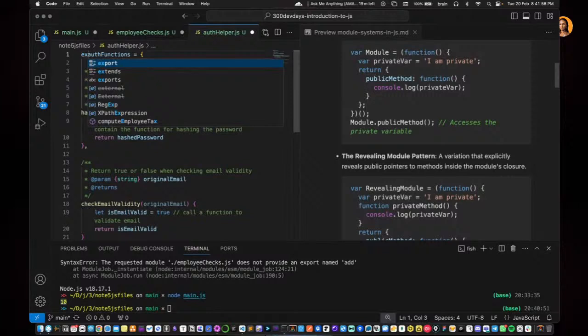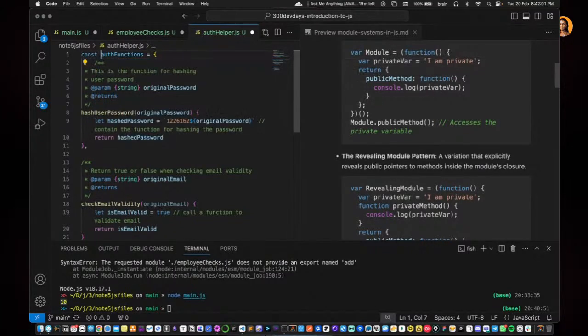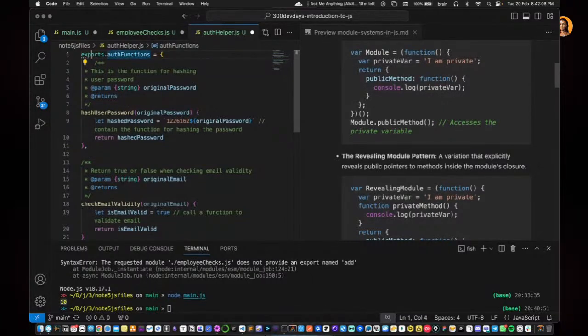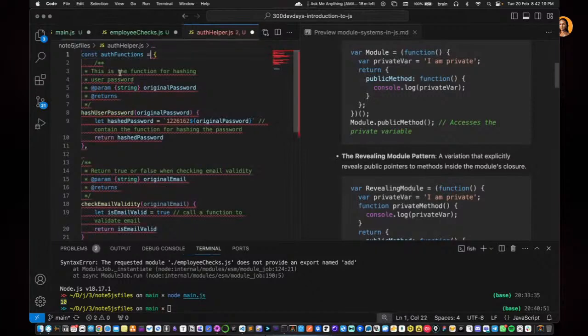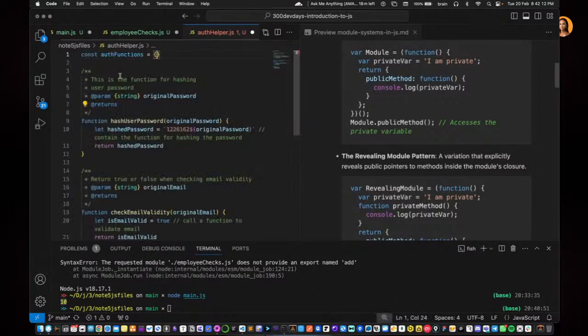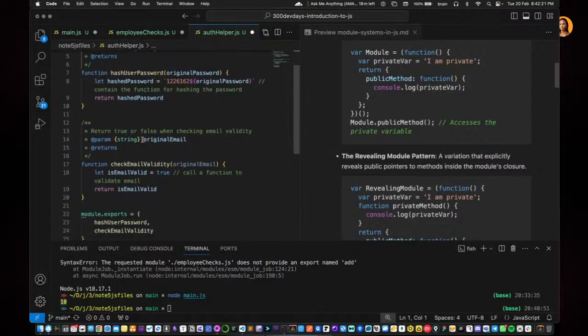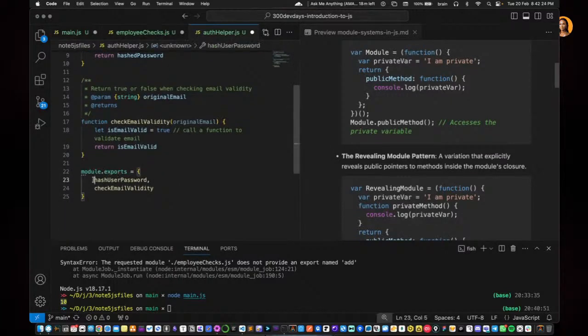So let's see, how do we do that? Const, I think it's exports. Is it exports? I'm not very sure if that is correct, but I'm going to try that, just to see if it's valid, right? So the first pattern I was showing you, you can basically wrap everything into that object, and then you export the base object itself. So when you say object dot, right, you get the specific function you're looking for. Now, if you want to